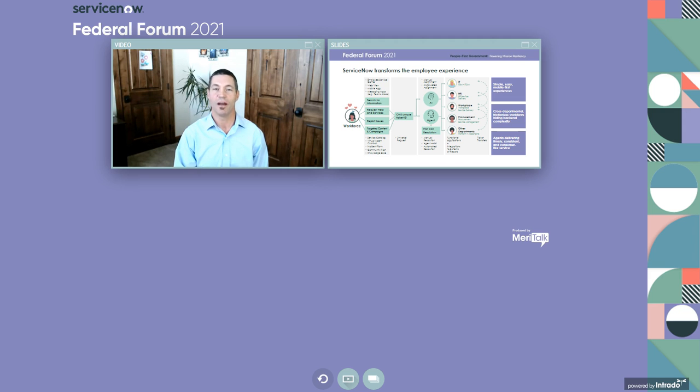So you'll see the bottom arrow on this graphic pointing to the employee. She is proactively given information in order to address questions or concerns that she may have before she even has to open a ticket. And that's going to be a key element when we get to the next section and start talking about replacing